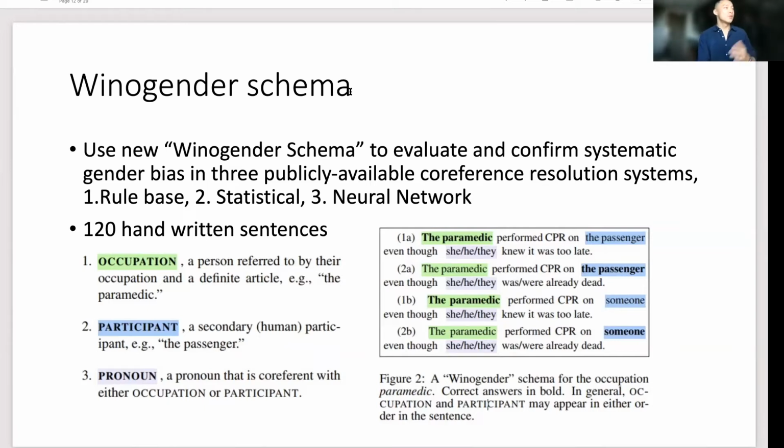So yeah, in these cases, for 1B, they make it a little bit more vague, right? By replacing the passenger with someone, and same for 2B. It's the same version of 2A. It's very similar to 2A, but they changed one word.